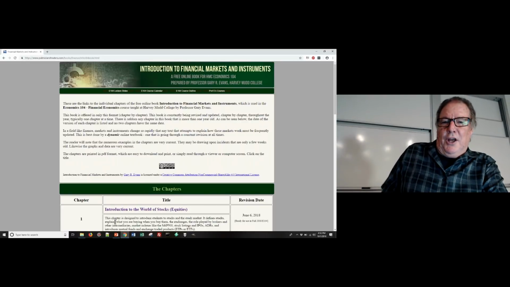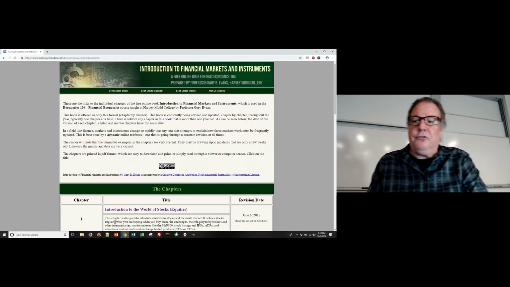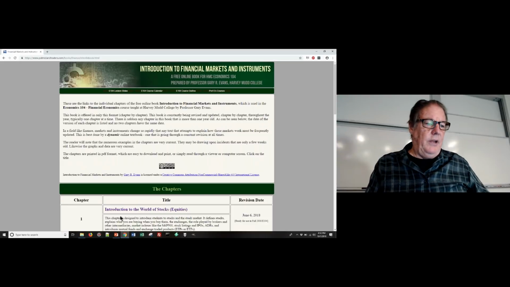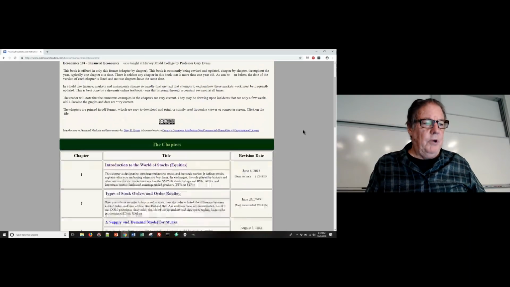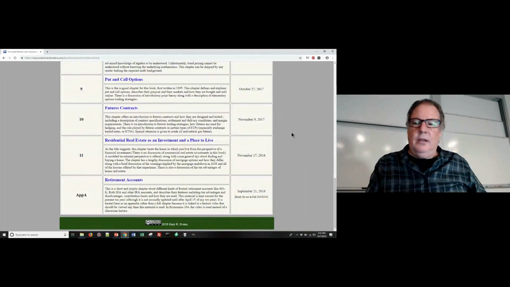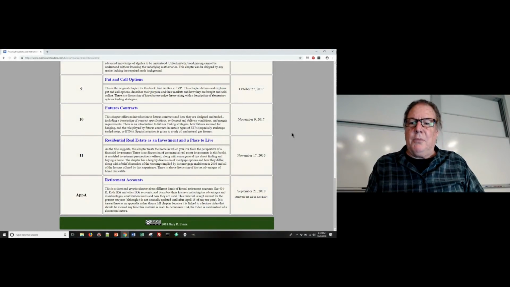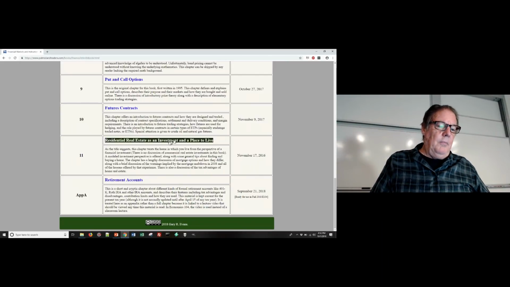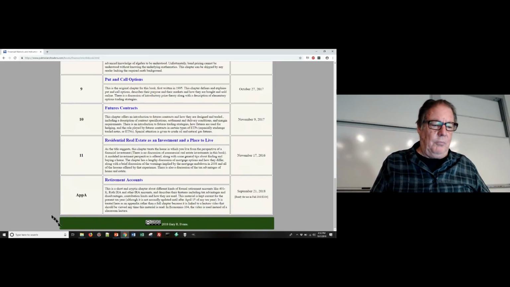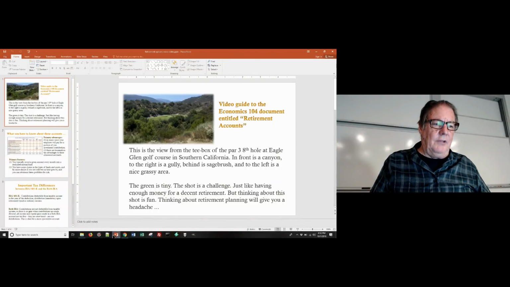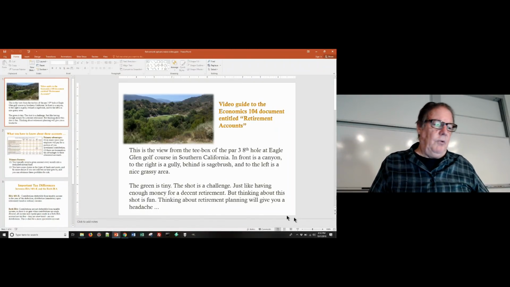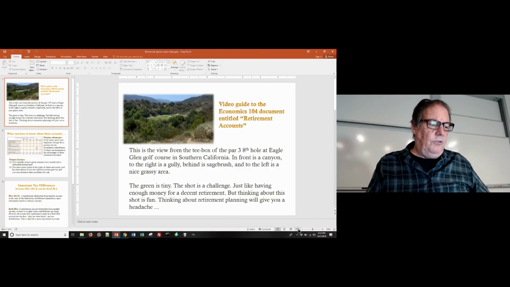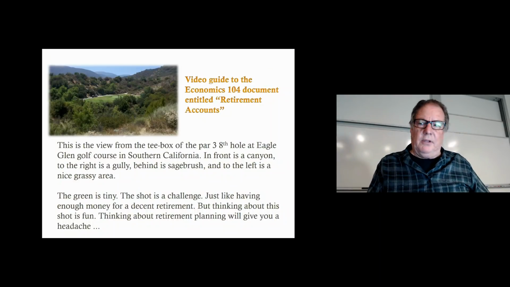At some time in Economics 104, I've asked you to go to the bottom of this page right here, where our book is located, and read Appendix A, the retirement account section down at the bottom. It's not really a chapter, it's a very densely written little piece of material that is supposed to advise you about retirement accounts. Now, because it's so dense, I want to give you a little presentation here to suggest to you what you can take away from this,